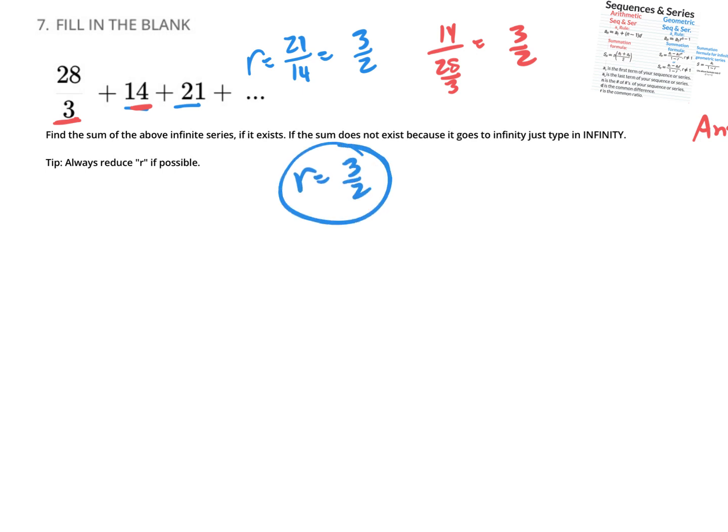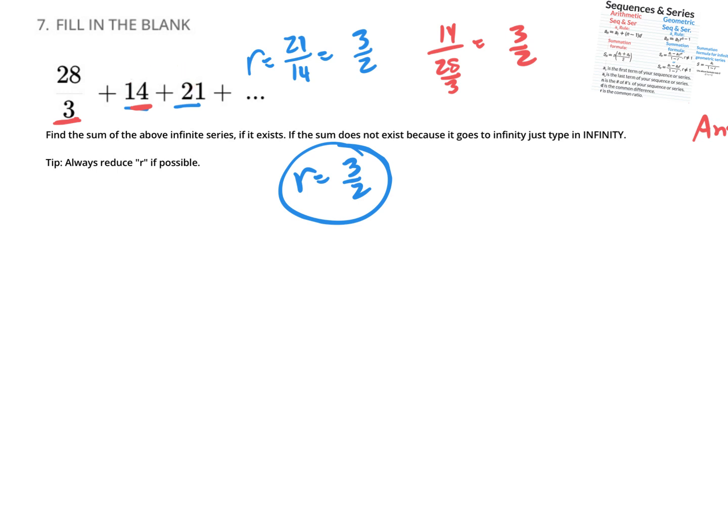And here's the deal. To get from this number to this number, you're multiplying by 3 halves. So if you multiplied 28 over 3 times 3 halves, the 3's would cancel out, and 28 divided by 2 would give you 14. If you multiplied 14 by 3 halves, 14 divided by 2 is 7 times 3 is 21, right? So if you multiply 21 by 3 halves, you're going to get your next number. But the question is this: this common ratio that you're multiplying by to get to the next number